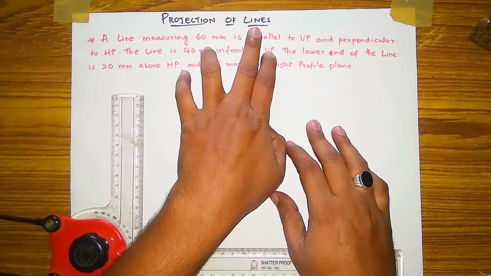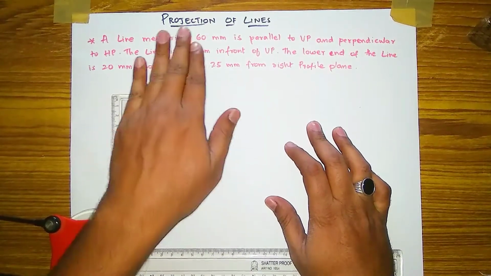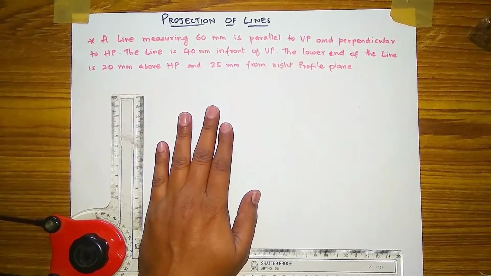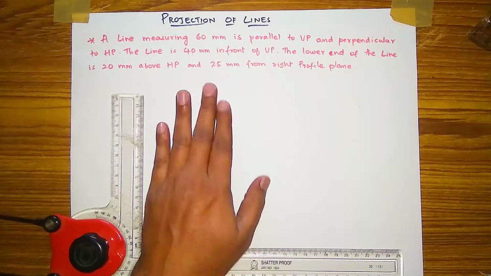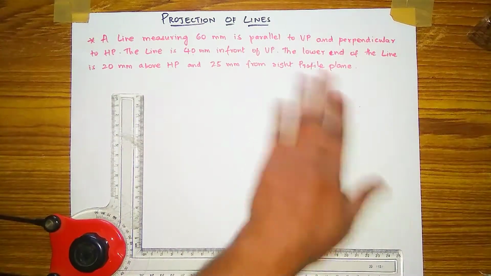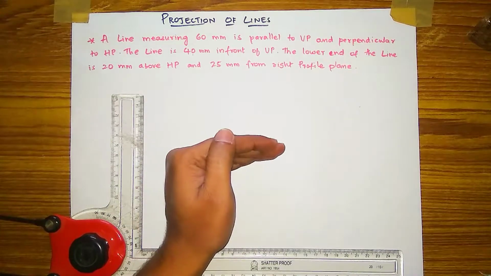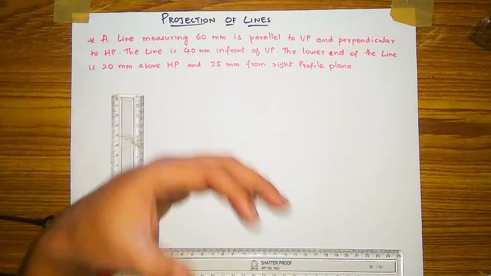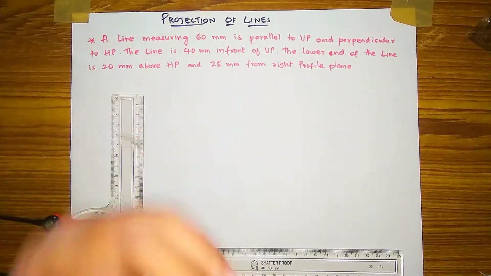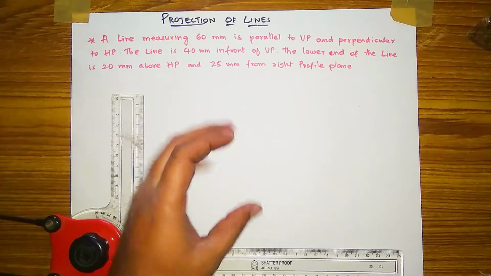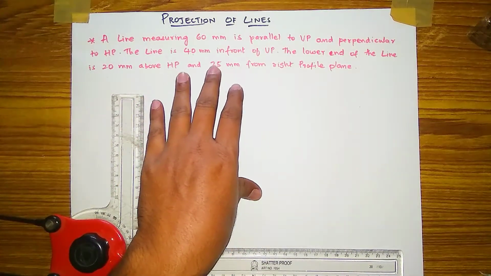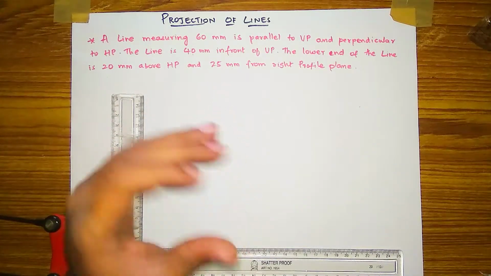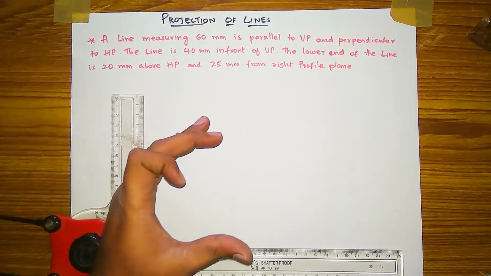Today I am going to explain the projection of lines problem. This chapter is applicable to diploma, ITI and engineering students, and this problem is worth 10 to 15 marks for different branches. So carefully watch my videos till the end. I am explaining how to draw this problem with my basic skills, both practically and theoretically, and how to understand this question according to the question.